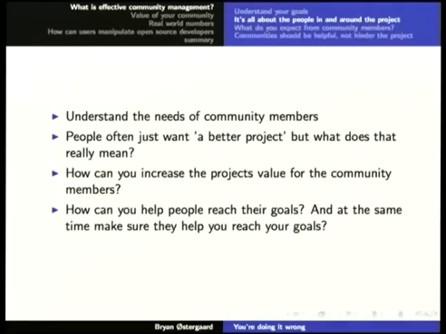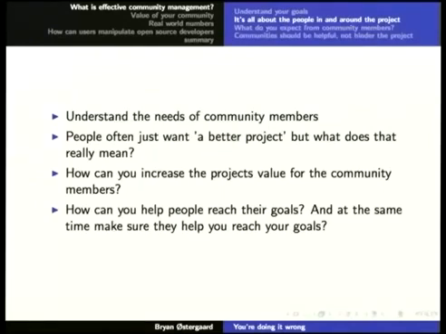Then the second part of this is that you need to understand what people that are coming to your community and want to join your community, what do they want from you? This is very, very important, possibly more important than what you want from them. The reason it's so important is that if you don't give them something they can use and something that they are going to value, they are going to contribute maybe one patch and then run away to the next project. So they are not staying contributors.